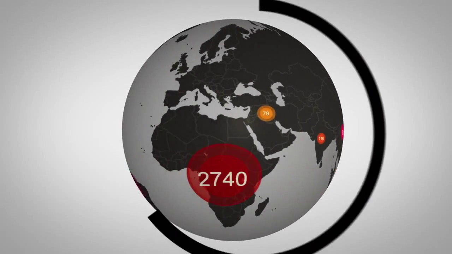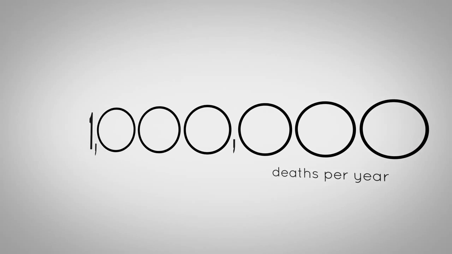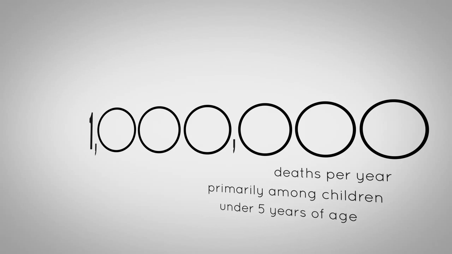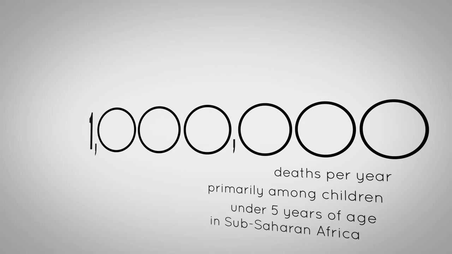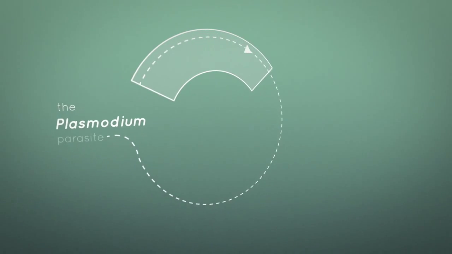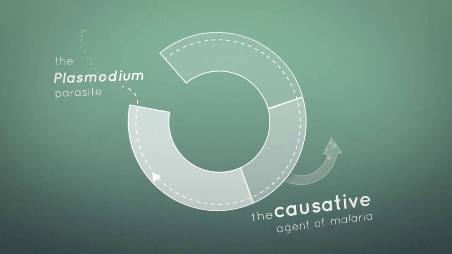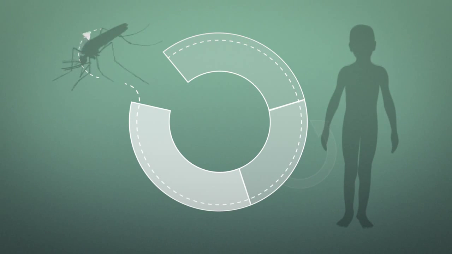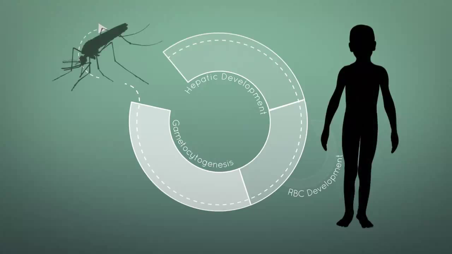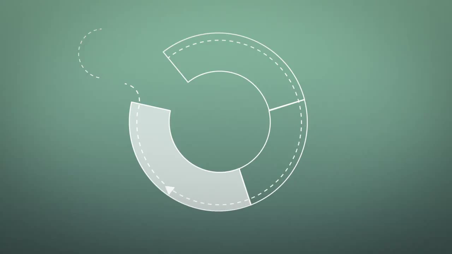Malaria remains a significant global health problem with an excess of 1 million deaths per year, primarily among children under 5 years of age in sub-Saharan Africa. The Plasmodium parasite, the causative agent of malaria, lives a complex life cycle in two evolutionarily divergent hosts, the human and the mosquito. Although Plasmodium transmission is clearly recognized as an important step in the parasite life cycle, very little